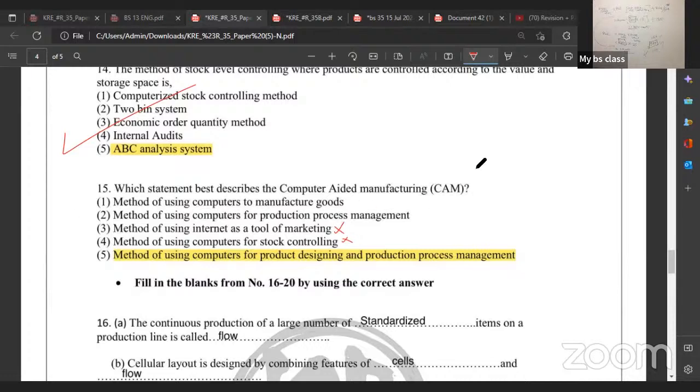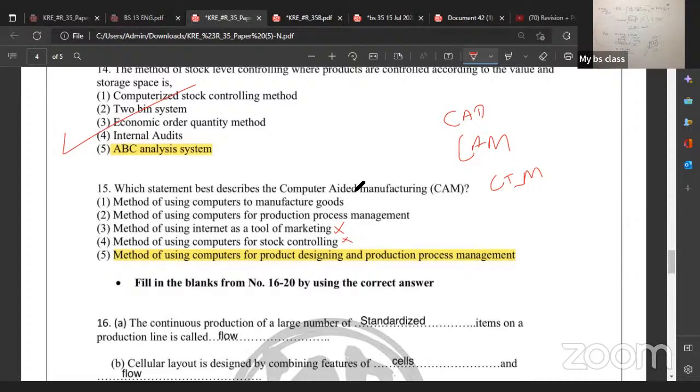Just refresh your knowledge, look at this. The first one is CAD. What is CAD? Computer-aided design, for designing purposes. For example, you make an architectural plan. With software like AutoCAD you make a housing plan or a building plan. So for the designing, computer technology is not used to build the building itself; that is built using manual labor. Is that clear? That is CAD. CAM is only for manufacturing, not designing. The combination of both is CIM, computer integrated manufacturing. That is what we know as computer integrated manufacturing. Both designing and manufacturing are done using computer technology.